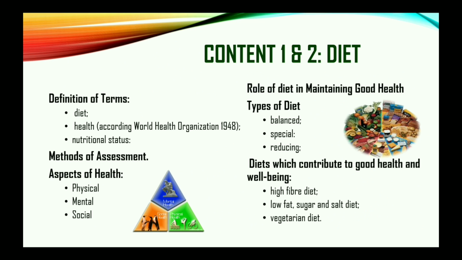We also looked at methods of nutritional assessment, and we use the letters A, B, C and D to remind ourselves of these assessments. A stands for anthropometric, B stands for biochemical, C stands for clinical, and sometimes clinical is also used interchangeably with the word physical, and D refers to dietary assessment.